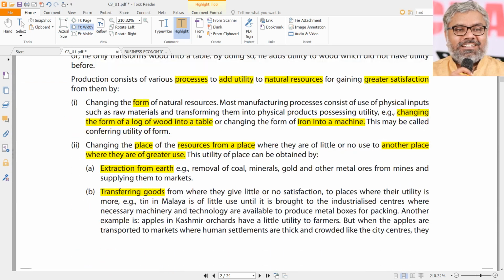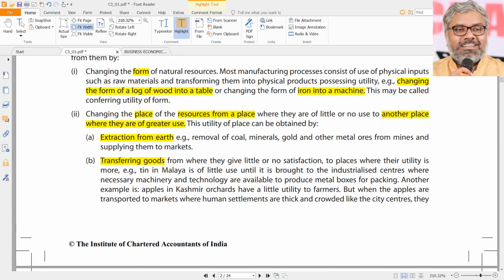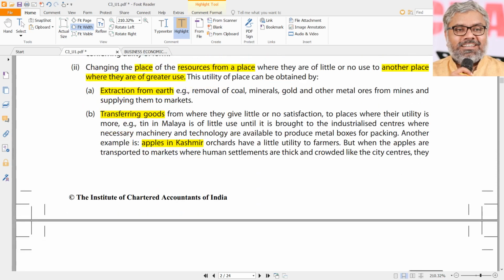Let us say, just for understanding purposes, because apples in Kashmir are used anyway here as an example, apples are there in Kashmir. Fantastic apples will be there in Kashmir. The entire apples in Kashmir, can Kashmiris eat them? Probably not. Even if they eat throughout the year all the apples they have in front of them, they will still be left with more apples. What is the use of them? Maybe you have to just throw them out. So if you consider that, what is the better thing for them? To send it to others.